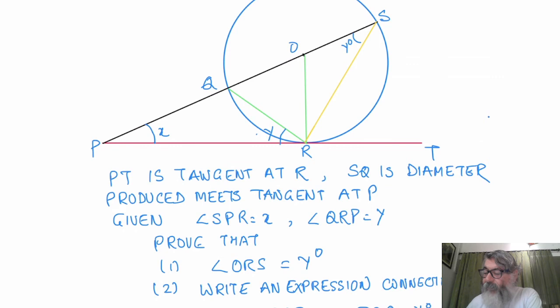PT is a tangent and QR is a chord. So the angle between the tangent PT and RQ chord